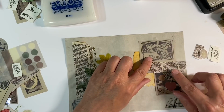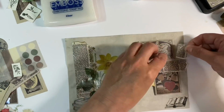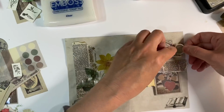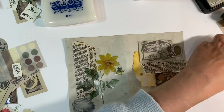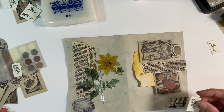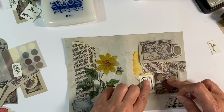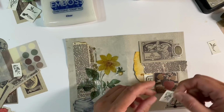Let's just really play around with this. I don't want to cover up the book at the bottom. I've got this piece left over from this side here, and I'm thinking this little number sticker that was included in the kit, and then just a flower. I've also got this here. Can I use this in any way? Or does that jar, is it the wrong colour? Perhaps if we ink around the edges, it might look